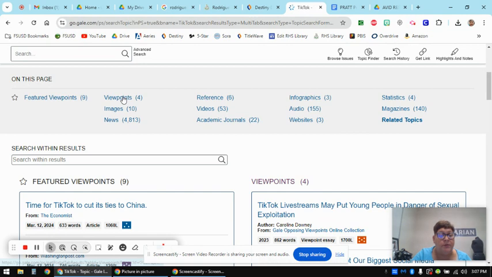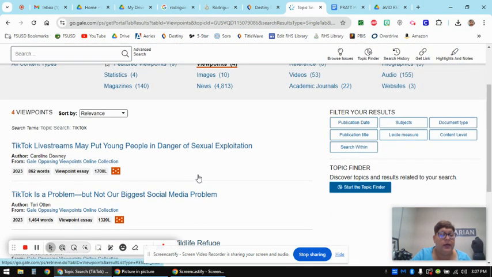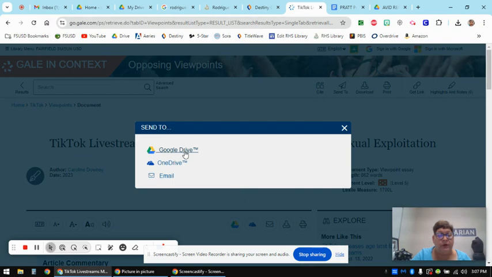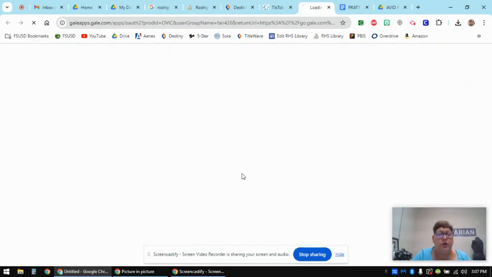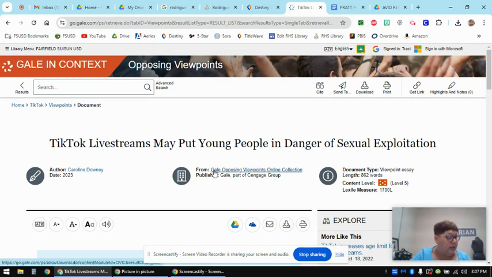So we're going to open up the viewpoints. And we're going to find the article that starts TikTok Live Stream. And that is the very first one. So we're going to open up that article. And now we're going to, again, send it to our research folder. Click, click. So easy. Okay. And we're going to copy